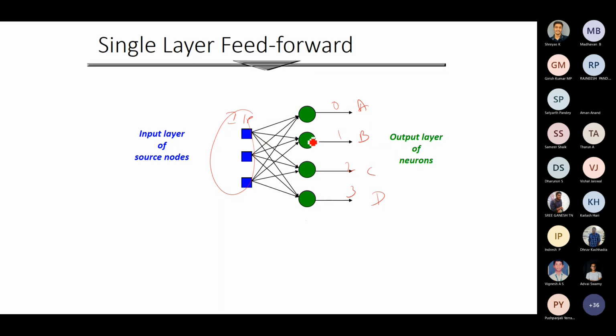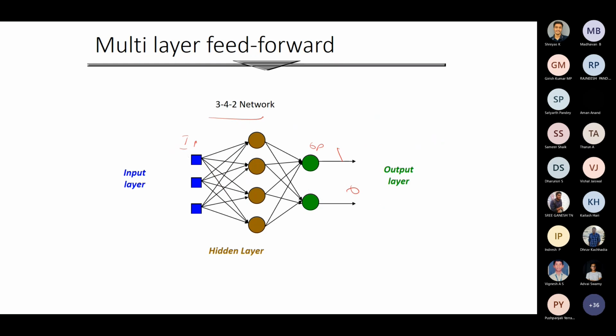So you know what is a fully connected graph. The same definition holds good here also. So this node is connected to all the 4, this node is connected to all the 4, this node is connected to all the 4. So the weights alone will differ in order to categorize. Supposing I want to categorize A, B, C and D, the weights alone will differ in order to categorize as A, B, C and D. So this is called a single layer feed forward network.